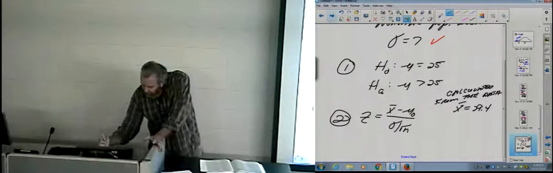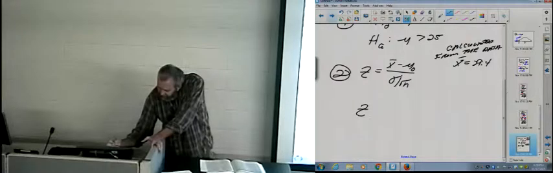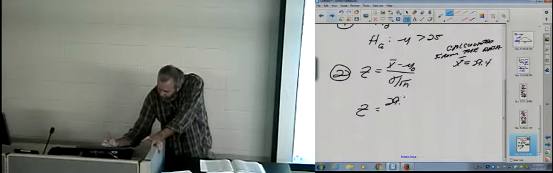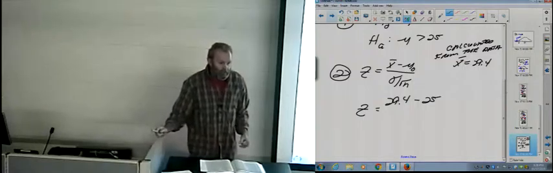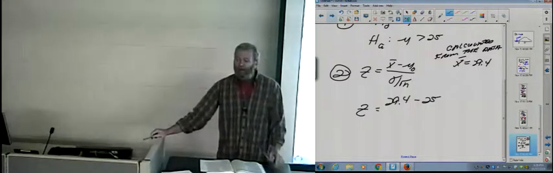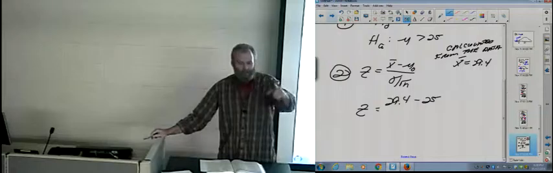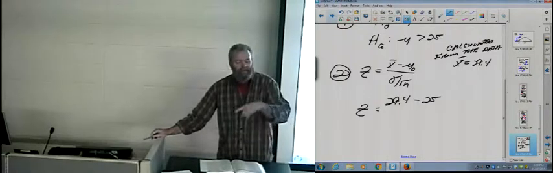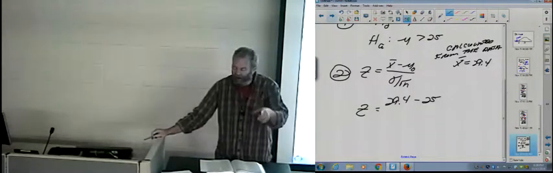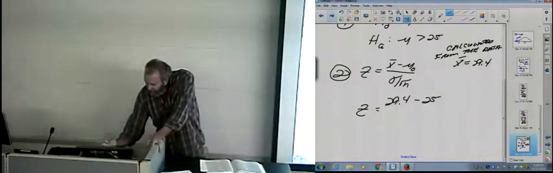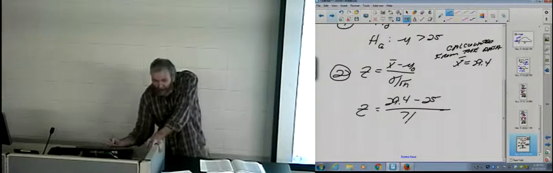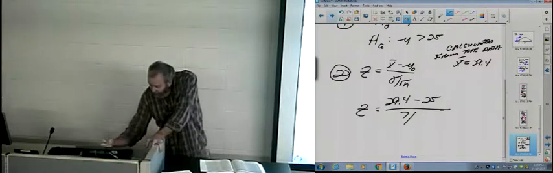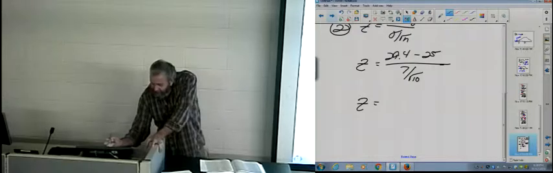Okay? So then we're just going to plug in. Our z is going to be 29.4 minus the 25. Does everybody know why I'm using the 25? I mean, I can circle it again. That's the value that's in the null, right? We're making a claim where that sampling distribution is centered at 25. And then you're going to take your population standard deviation, which was 7, and divide by the square root of your sample size. You pull out a calculator, and this time we get a z of,